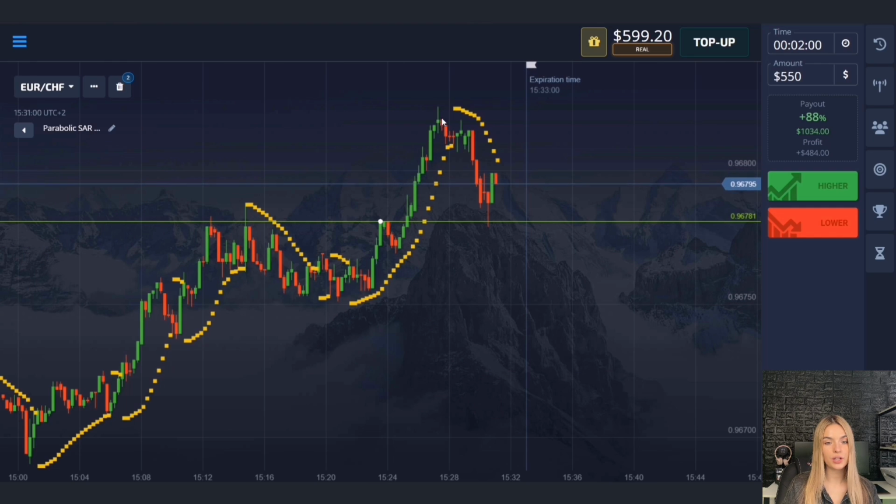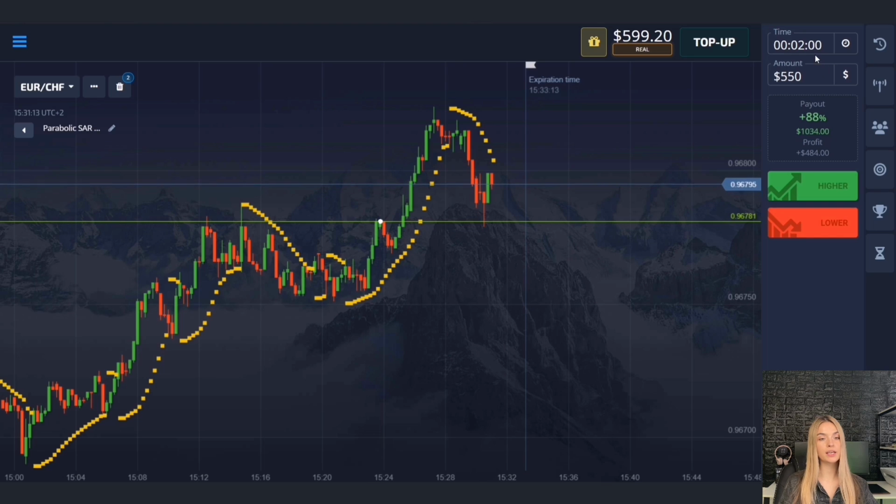Here we see that the reversal has occurred from this point. There is a downward movement. There is also an internal support level below. At the moment there has been a slight pullback up, and here I suggest opening a deal for 2 minutes